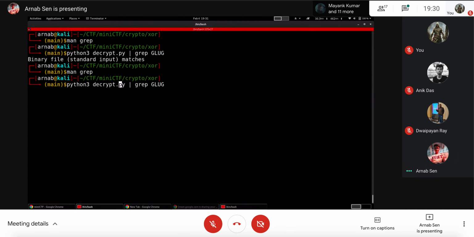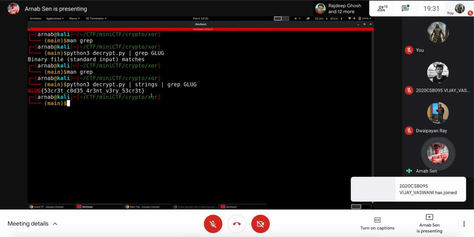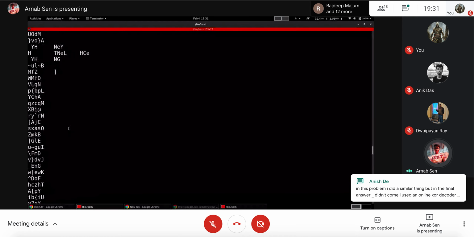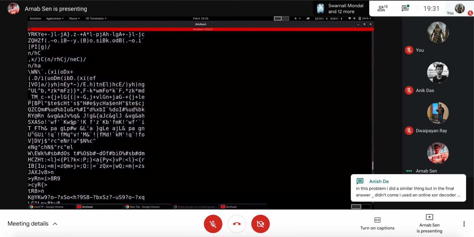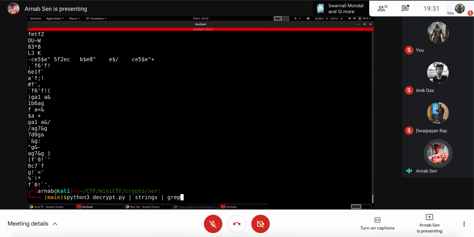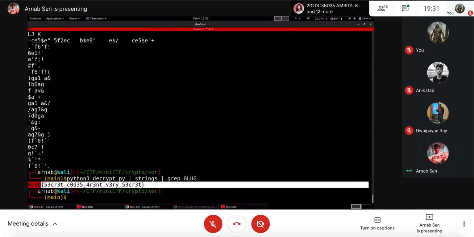So what strings does is it gets rid of all the non-printable characters. Let me remove this. You can see there were lots of gaps in between previously, but right now there is no such gap. And then it will grep, looking for everything that starts with GLUG, and it will directly print the flag that's needed.